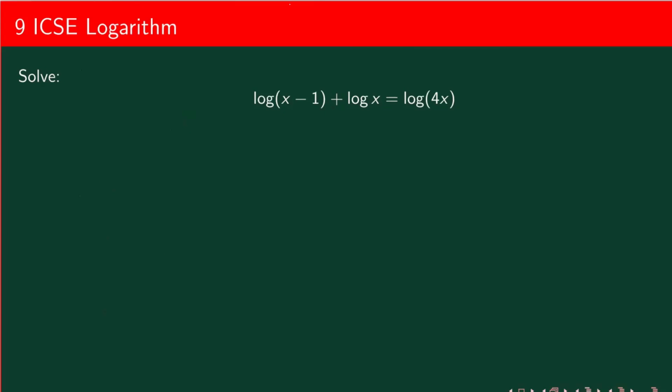Okay, so this is another question. Pause the video, try to solve it, and then you can continue to play this. Okay, so the first and most important step in this question is you have a left-hand side,